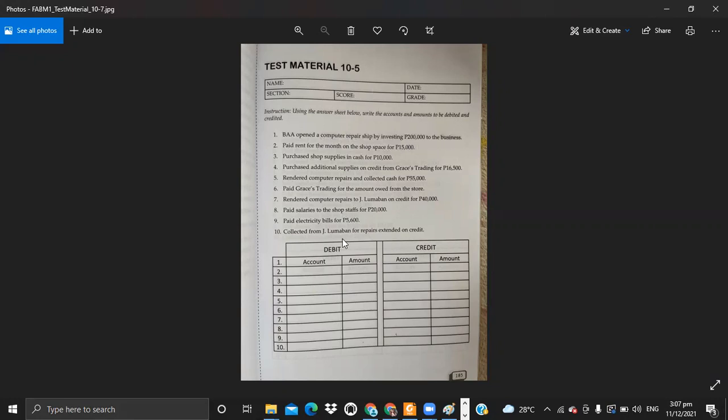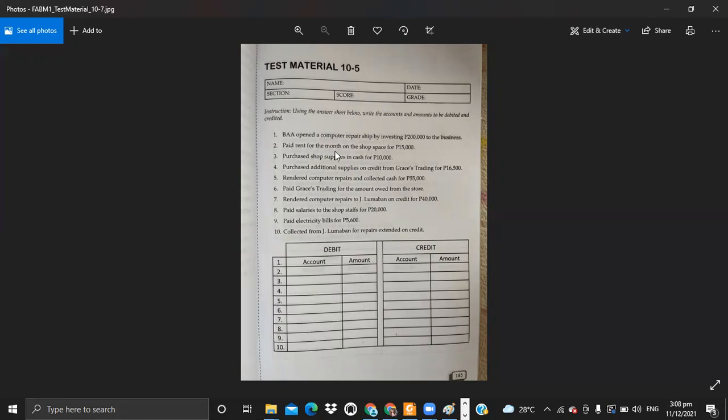So unang transaction pa lang, we'll know kung anong type of business siya, di ba? Anong type of business kaya siya? Is it merchandising, manufacturing, or service? Okay, good, very good. At least na didistinguish na natin, no? Even sa transactions pa lang kung anong type of business na siya.